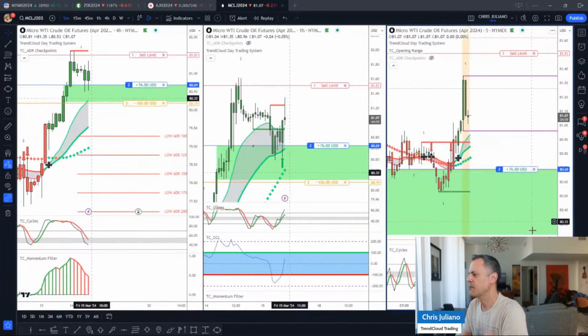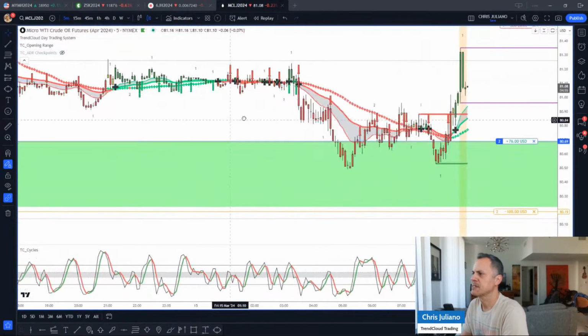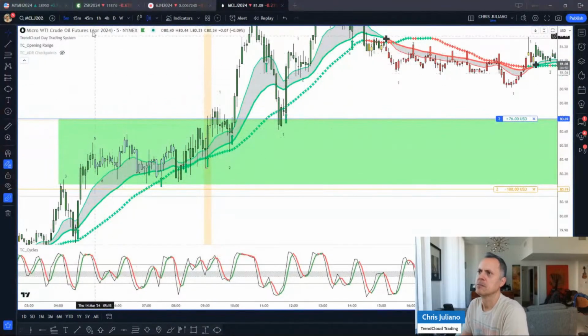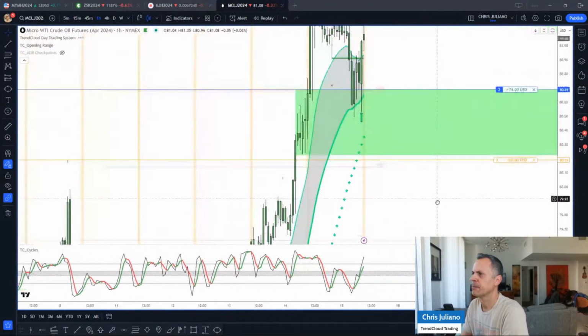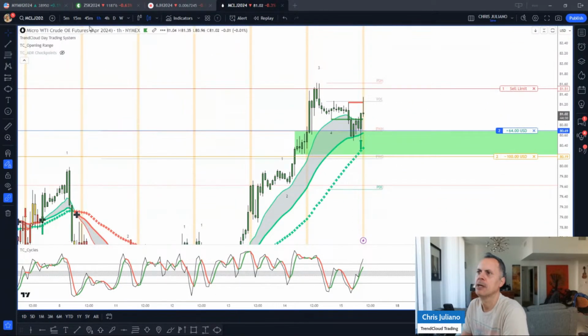Let's open up this 5 minute chart here. This is the 1 hour demand zone right here. Okay. A lot of wicking candles, but look, it's a zone nonetheless, right? We are protected. If it pulls all the way back to the 50, which we really don't want to see happen,